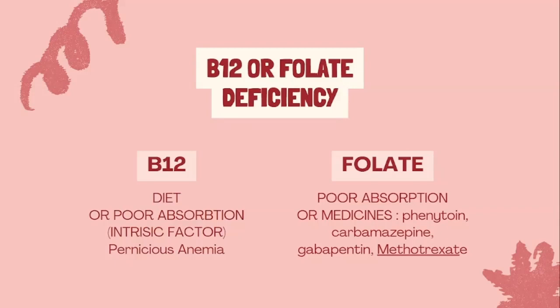Another cause is poor absorption. That is associated with intrinsic factor. So you can have pernicious anemia, which is a condition that will cause damage of parietal cells in the stomach, and these cells are responsible for producing the intrinsic factor. So if you don't have intrinsic factor, you have poor absorption of the B12 vitamin